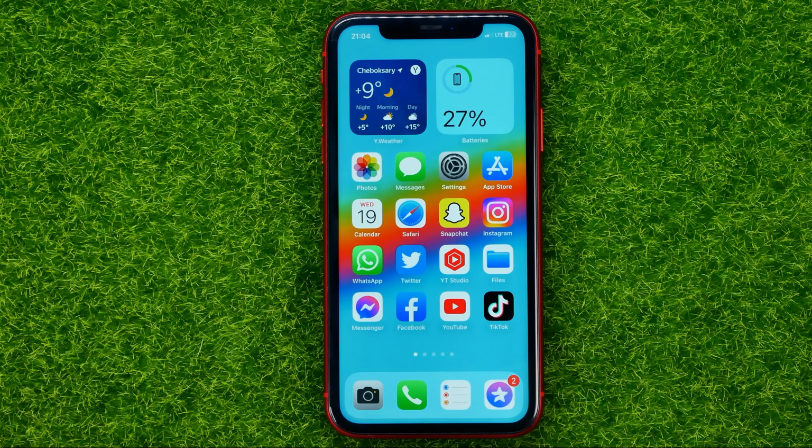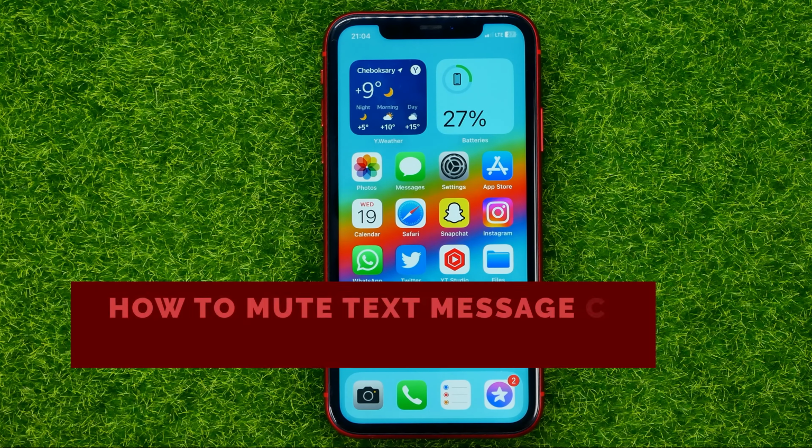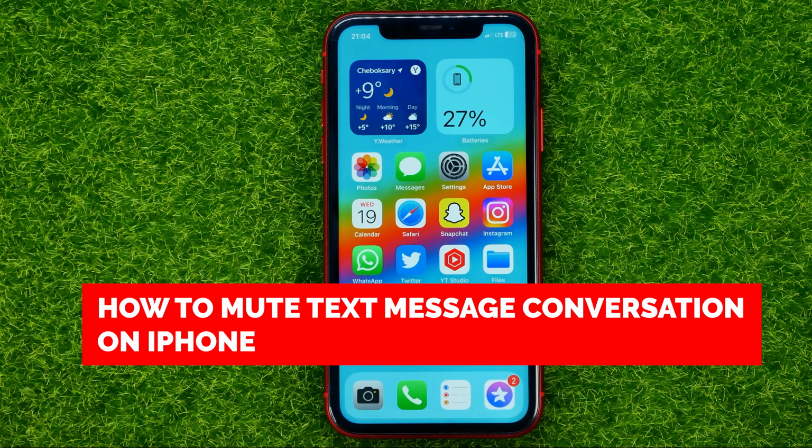In this video, I'm going to show you how you can easily mute or unmute text message conversation on your